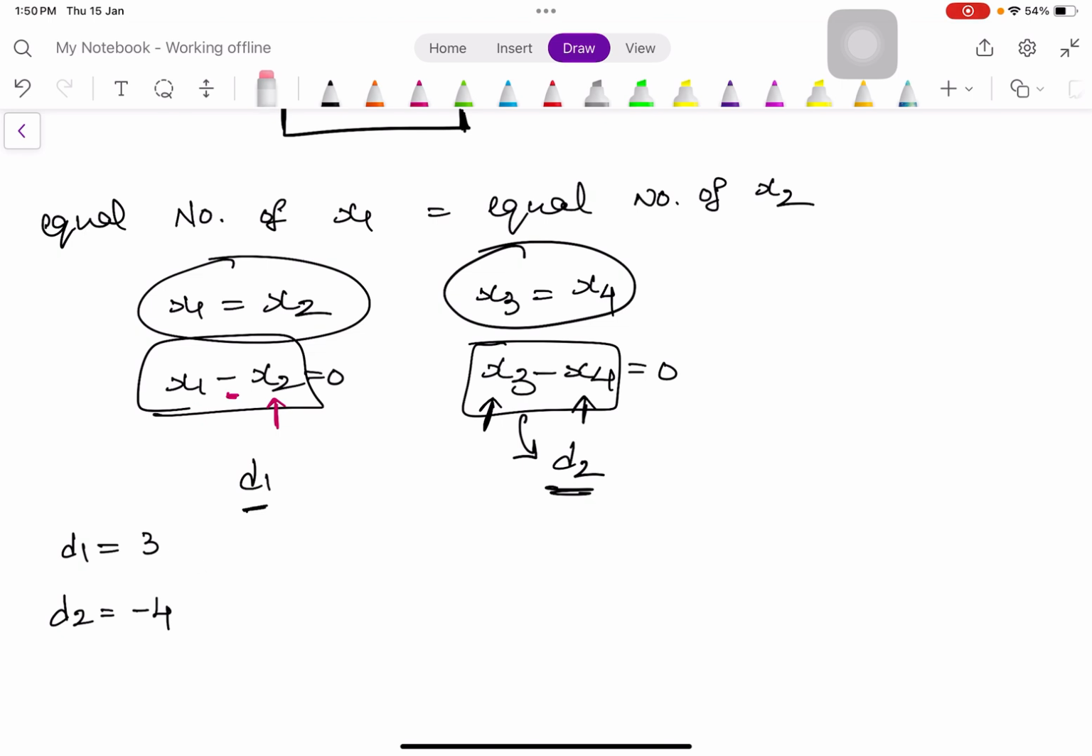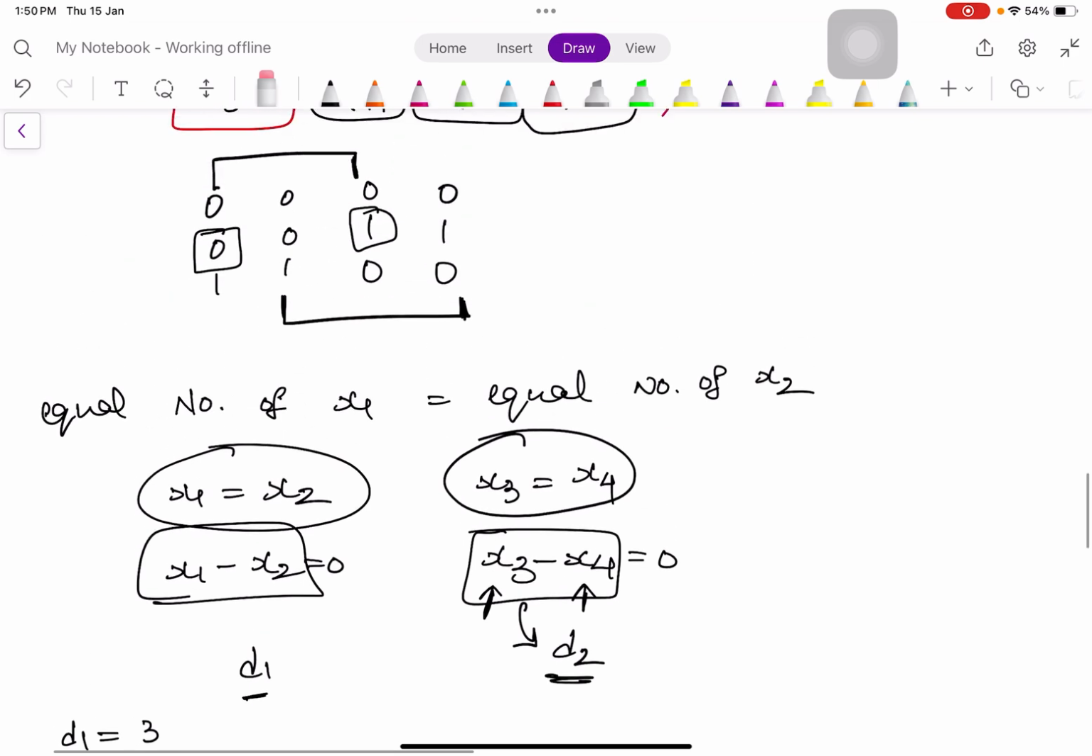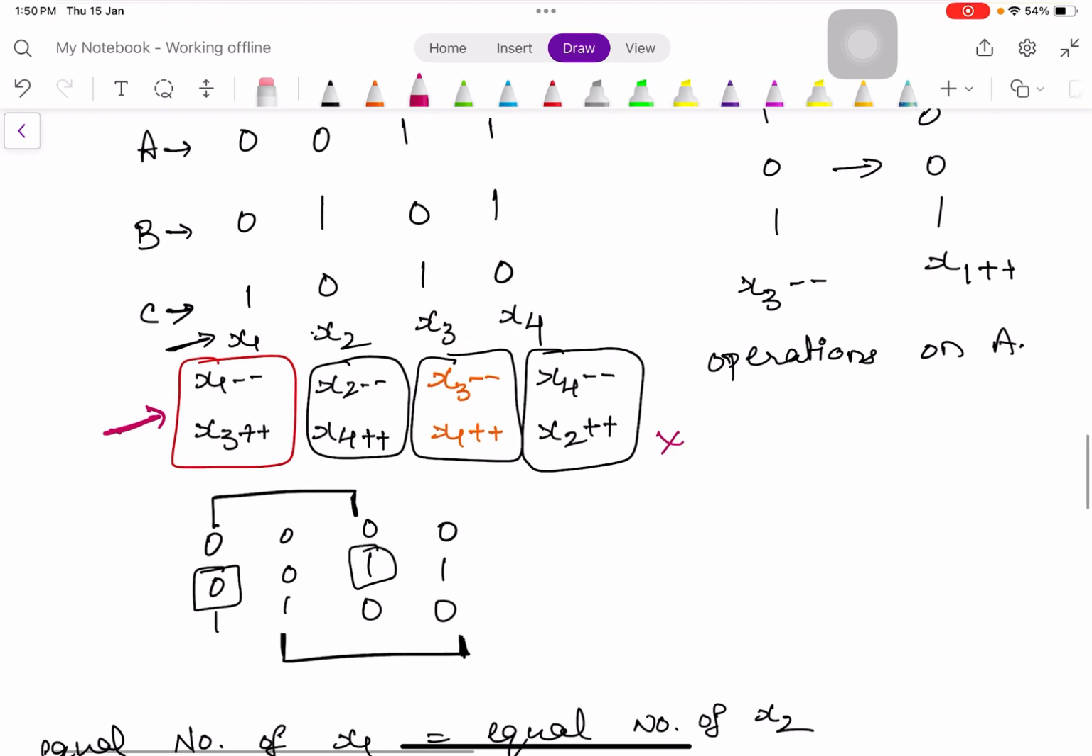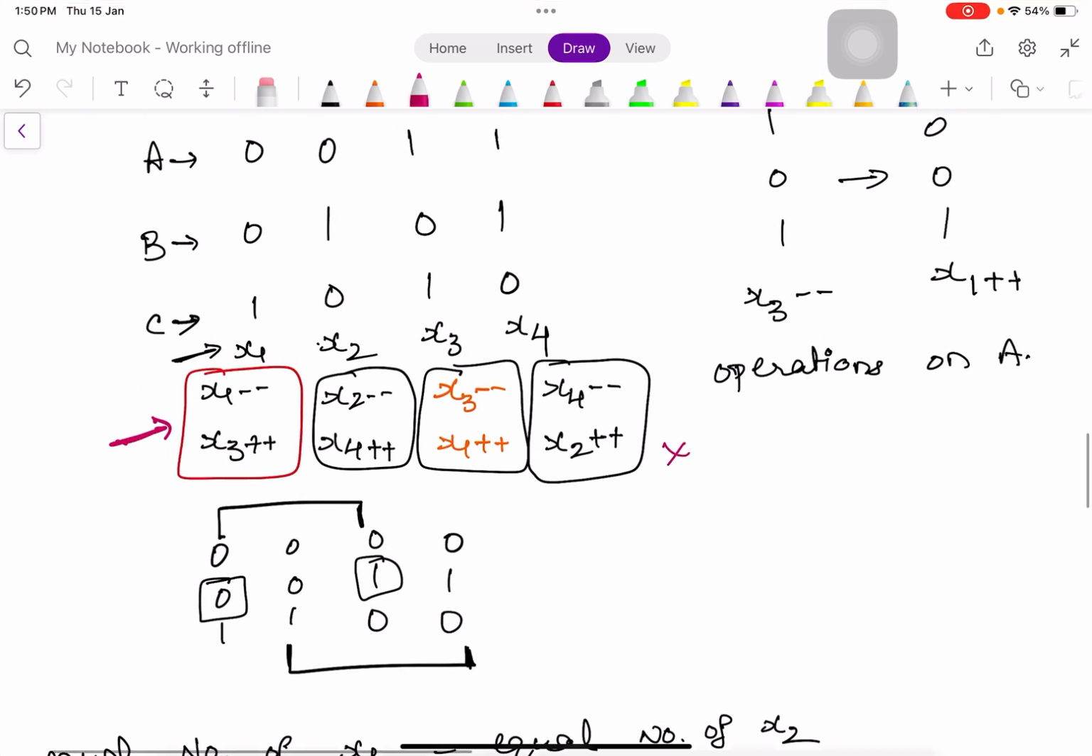Now let's see what operation can we perform. Can we do x1 minus minus? Yes, there is an operation which can do x1 minus minus. Okay, and when do we perform x1 minus minus? When